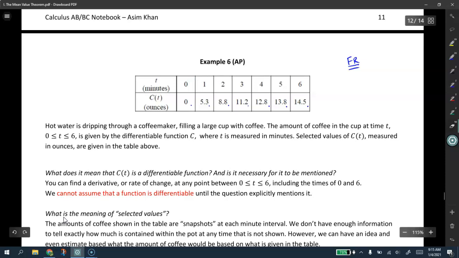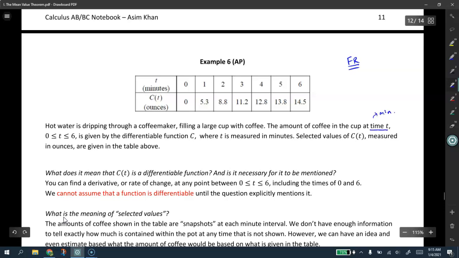As the 6 minutes go by, the amount of coffee is also increasing. Very simple. Now, the next thing we'll do is get oriented with what's written here. It says hot water is dripping through a coffee maker, filling a large cup with coffee. The amount of coffee in the cup at time t, and we know that this is measured in minutes,